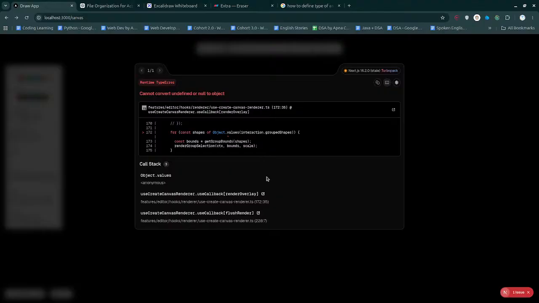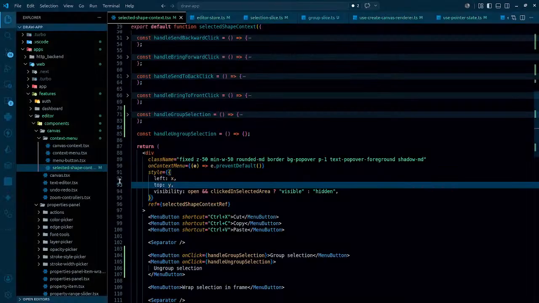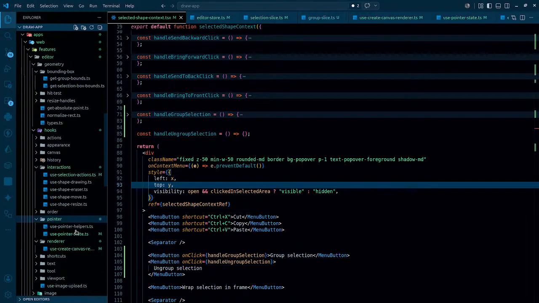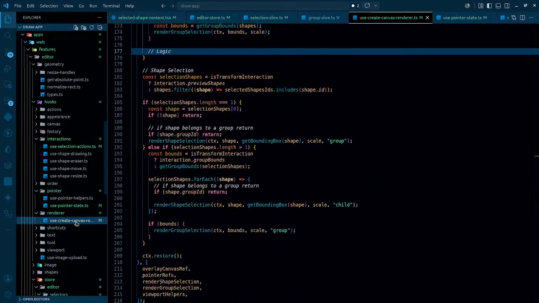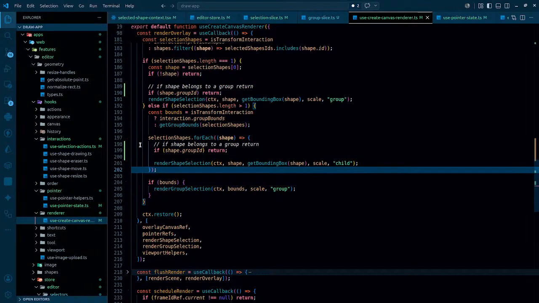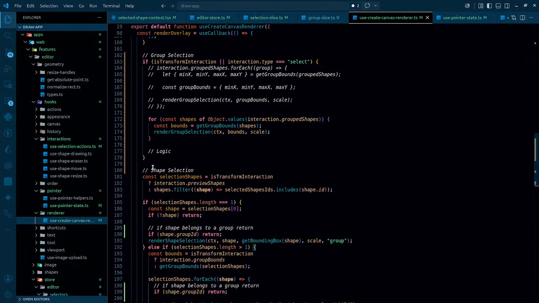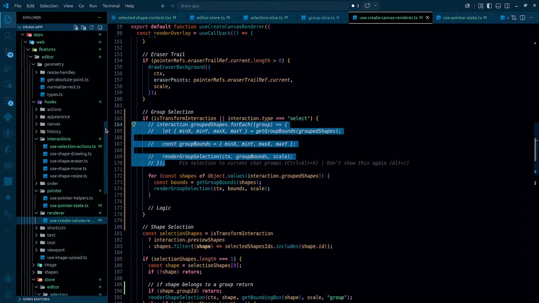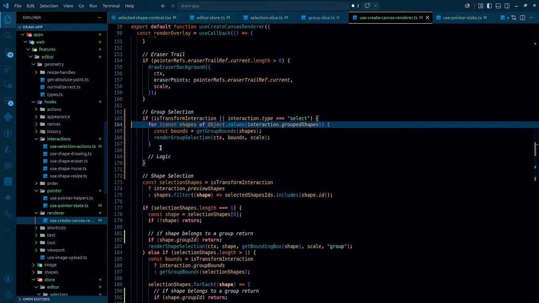Object.values group shapes: cannot convert undefined or null to object. Okay, fine. So use create canvas renderer, line number 172. So this is the place, and the thing is that